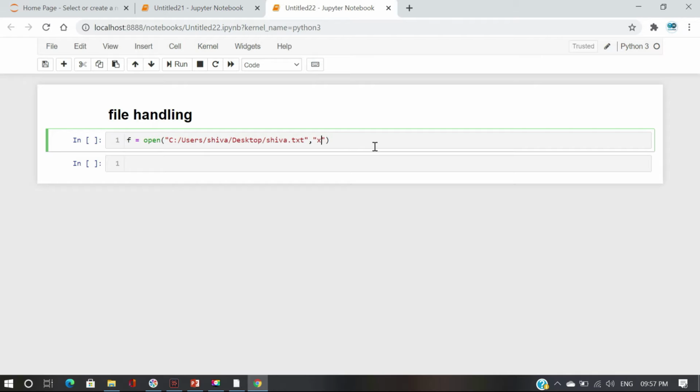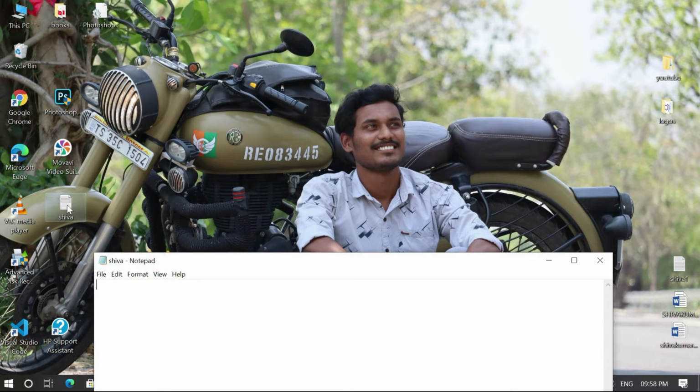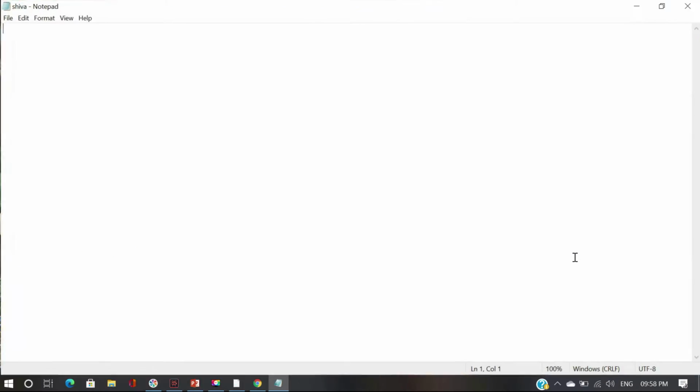It just creates an empty file. Shift enter, and it should be created. Let's check whether it is created or not. Checking on the desktop, the Shiva txt file has been created. Just open this file. See, this is the empty file.